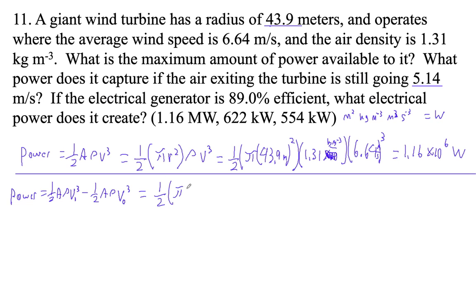Which ends up being 1/2 times pi times 43.9 squared times 1.31. And then I'm just going to factor this out of both and just say that this is now 6.64 to the third minus 5.14 to the third. Which is nice because now I can just hit up arrow on my calculator. Let's put some parentheses in here. Minus 5.14 to the third. Okay, let's see, and this is